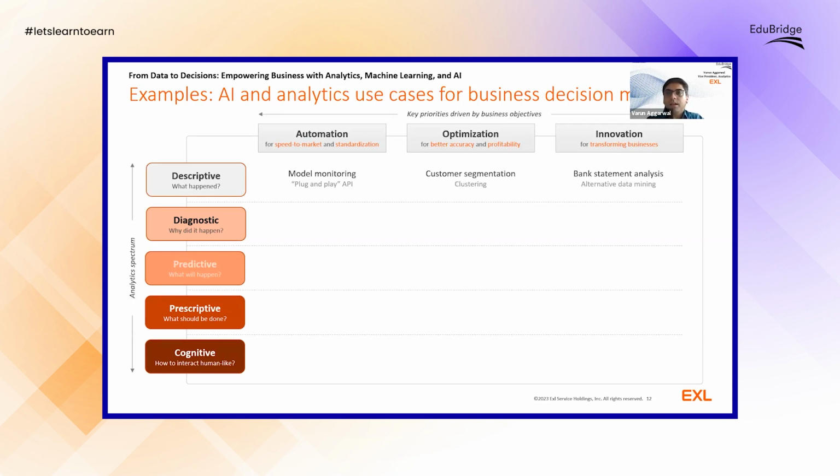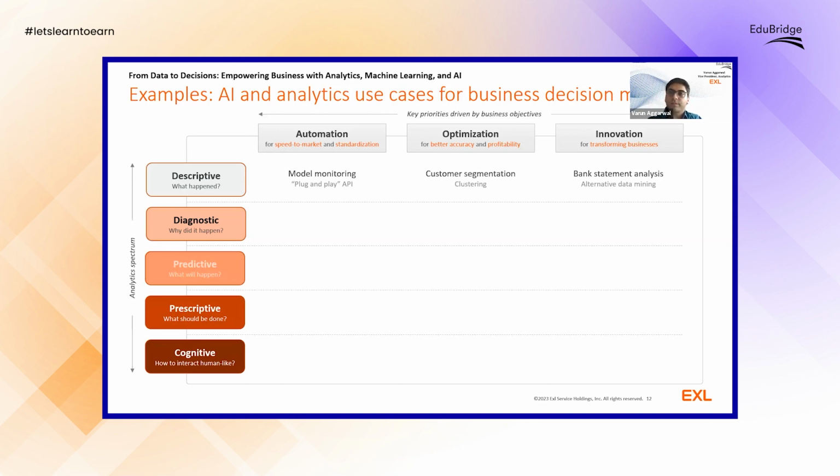Now, let's take an example of innovation here. So all of us use some kind of banking services. Either we have a savings account, current account, or we have a credit card, or we have taken a loan. So we understand this industry. So let's say we talk about a credit card example. For a customer who has a credit card of a particular bank, the bank needs to understand whether this customer is going to pay on time or not. Now, the bank would have its own data.